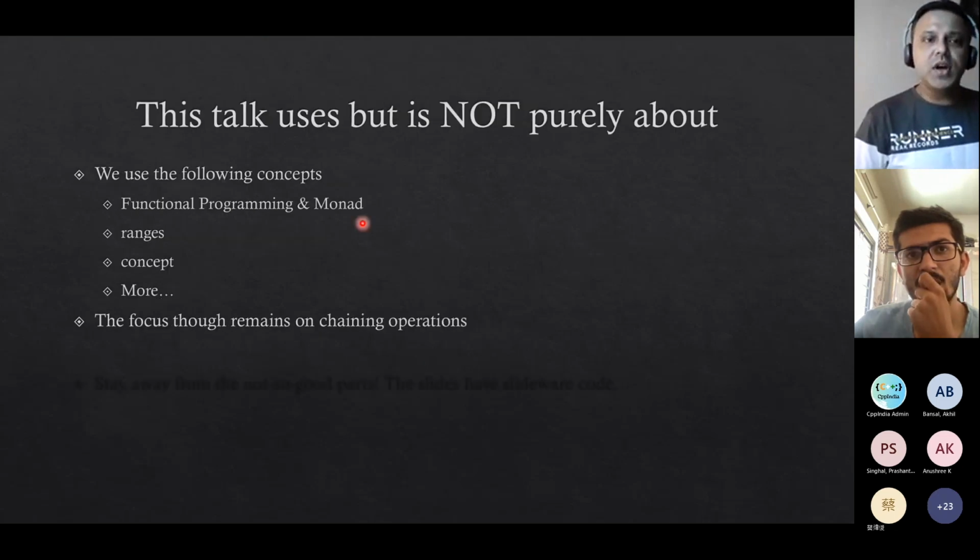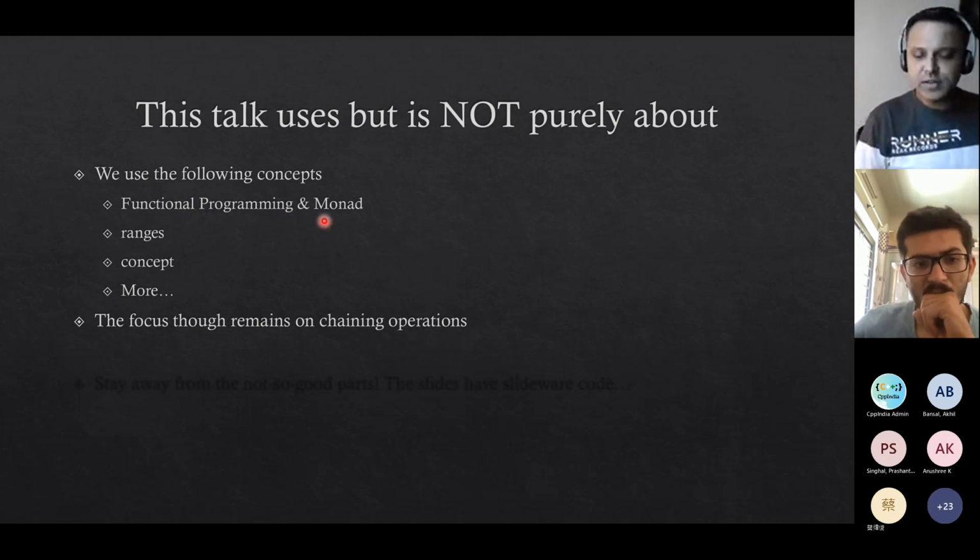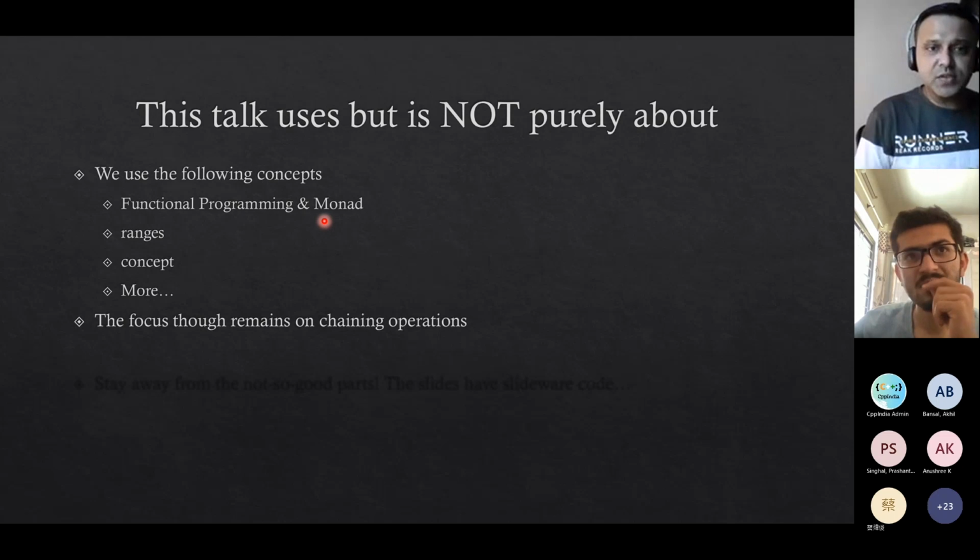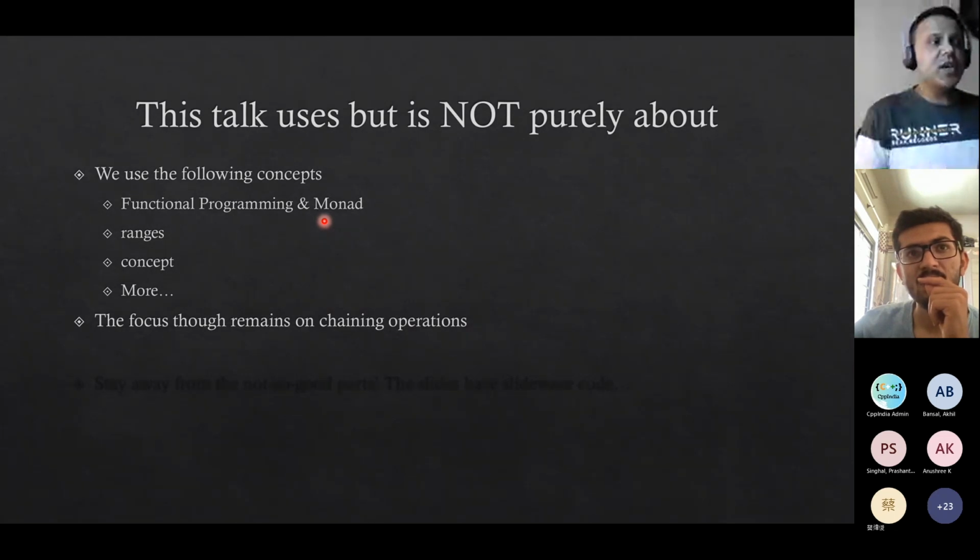In this talk, I will definitely touch upon some functional aspects and monad. I'm not very seriously and technically read about all of these, but I've picked this up over the years. Ranges from C++20, concepts from C++20 will be used, but they are not necessary. As you see, by the end of this talk we would be able to create something that will work,